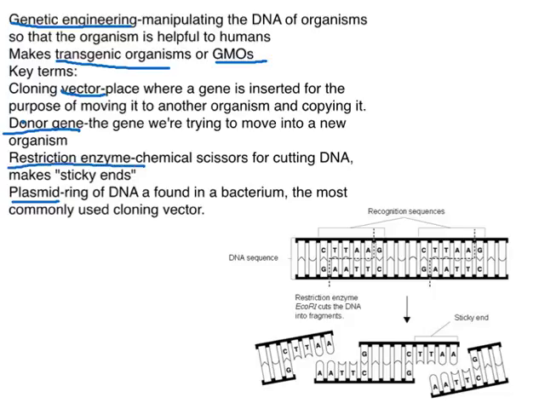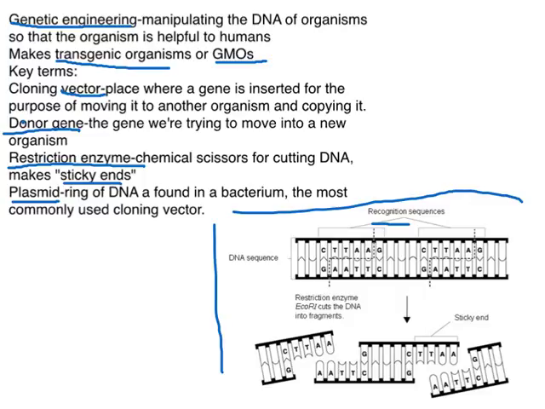We talked about these the other day with RFLP and gel electrophoresis, and we said these are enzymes that will cut the DNA at specific points. What we didn't mention is they make something called sticky ends, and I have a picture down here of what sticky ends look like. So here is a restriction enzyme recognition sequence of